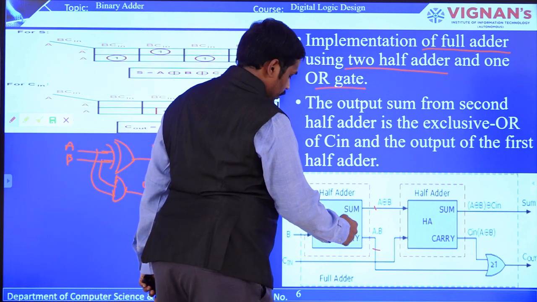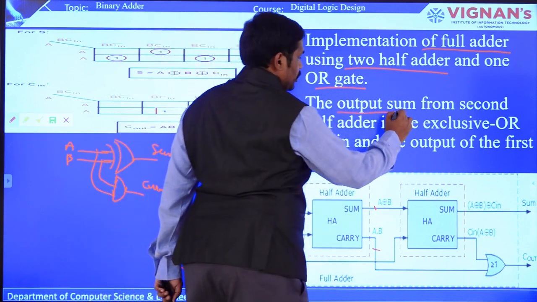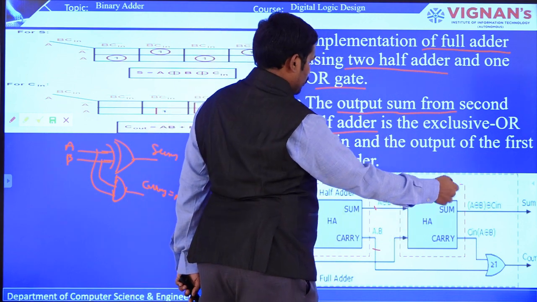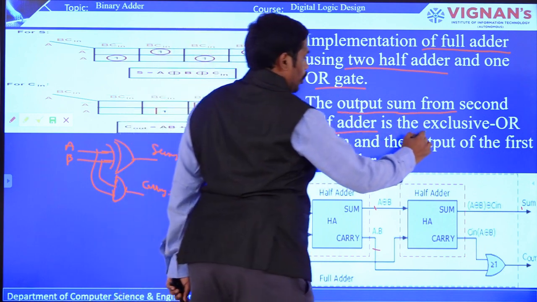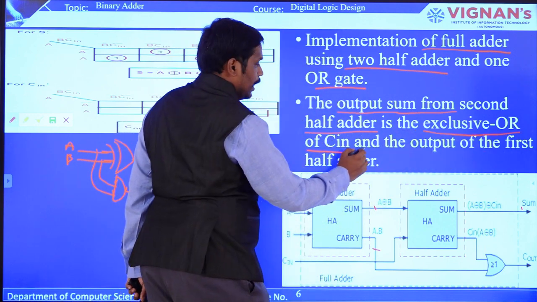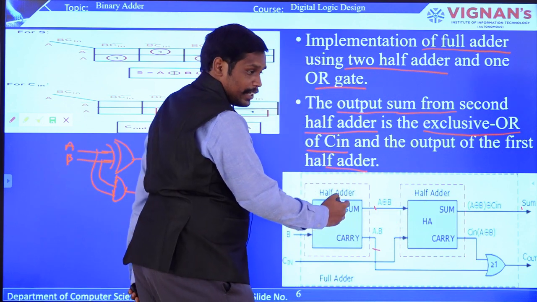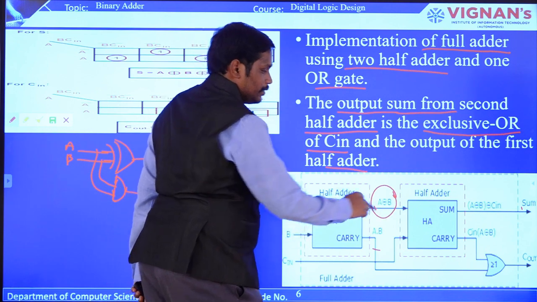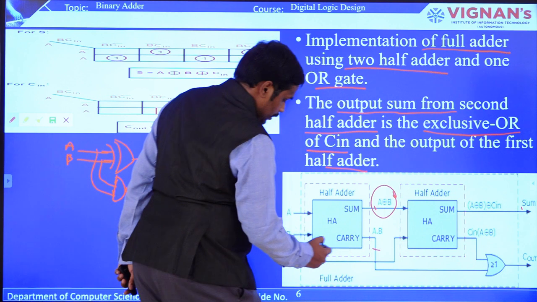So this is the first half adder, and this is the second half adder. You can see that the output sum of the second half adder is the exclusive OR of C in and the output of the first half adder. The first half adder sum is A exclusive OR B. So this A exclusive OR B is one input, and C in is the other.